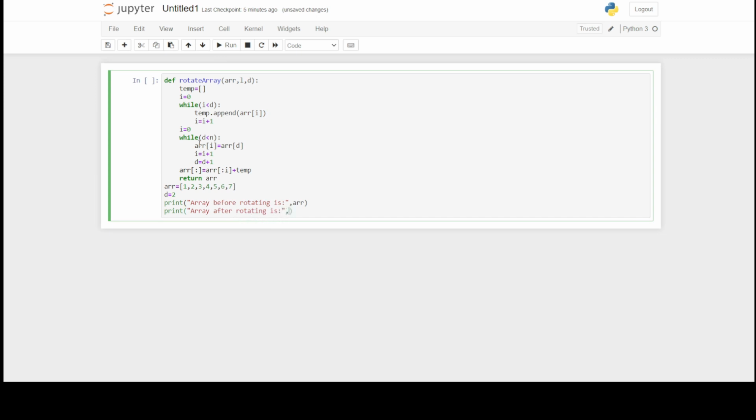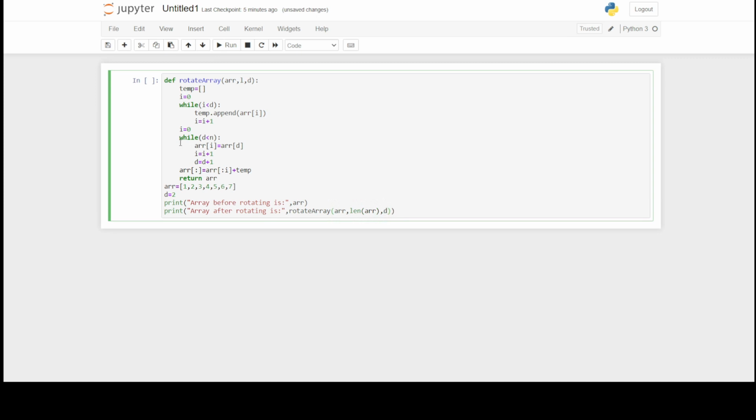now for this we will call the function here inside the print statement itself. And we'll pass these parameters: array, then length of array. len is a function that provides the length of the given array, and then d.